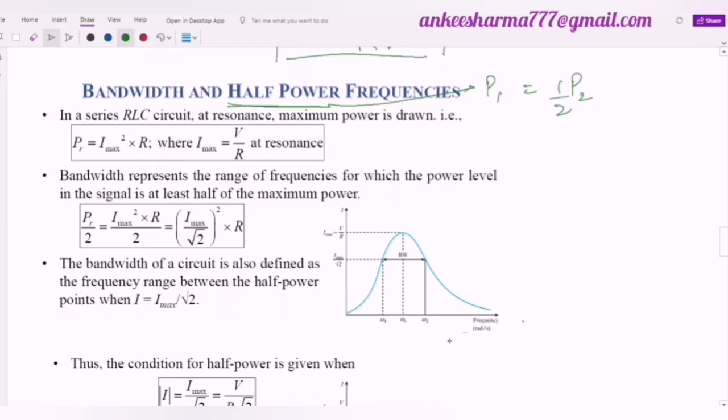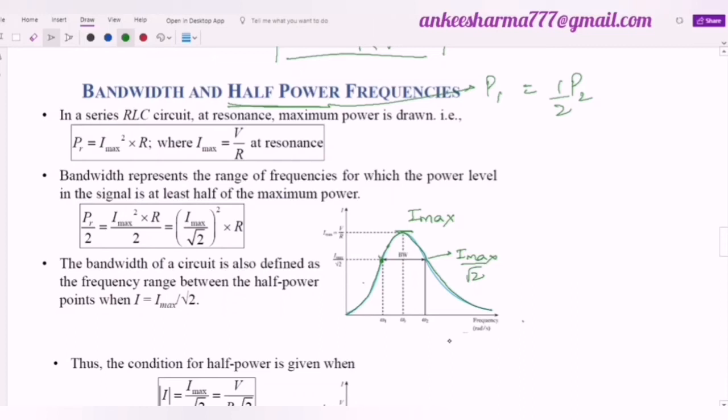Now let's discuss where these are used. If I take the current curve again, which I am drawing with the green color, this current curve is changing with respect to the frequency, and we know that this current is maximum at this point. This point is I max. Now if I have to find the bandwidth, we take the frequencies where the maximum value has reduced to 1 by root 2 times. It means if I take this point, the current over here will be I max by root 2, and the same is for this point.